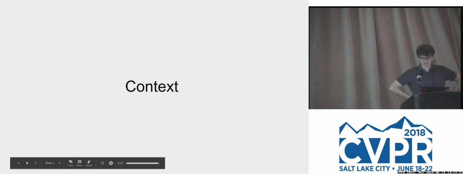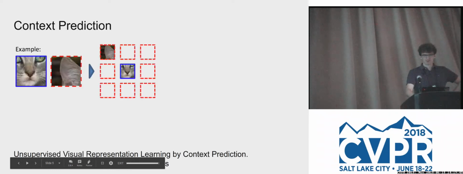And so there's a variety of signals that people in the field have been trying to use for learning these representations. I think one of the best ones to start with in this tutorial would be about using context. And one of the first papers,